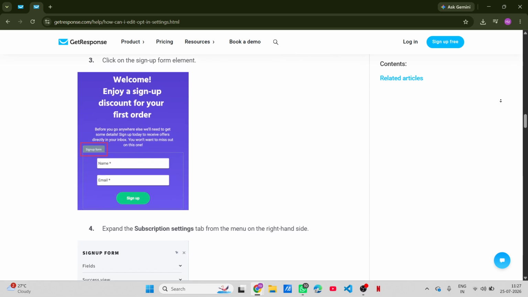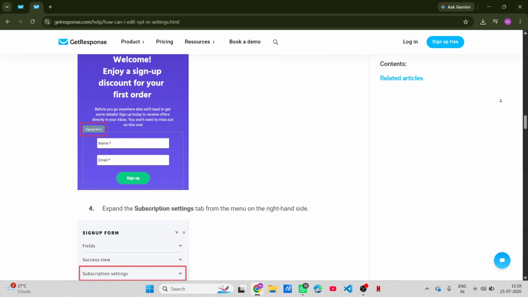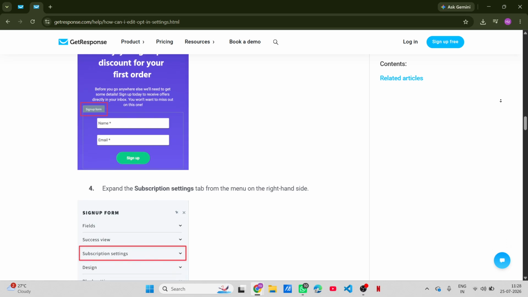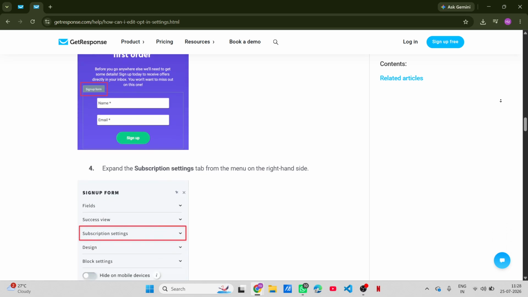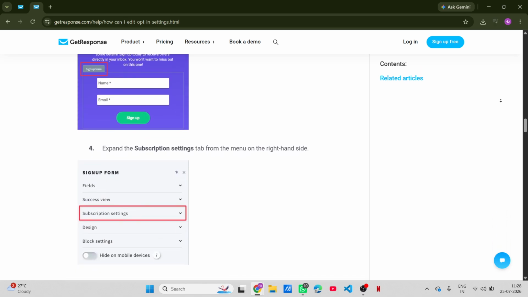And there you have it. You've successfully set up double opt-in in GetResponse. This is a great step towards creating a more reliable and engaged community around